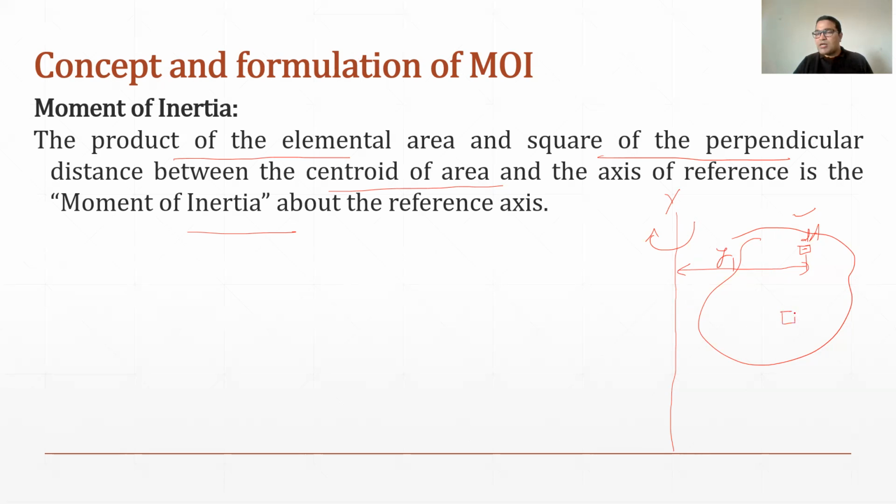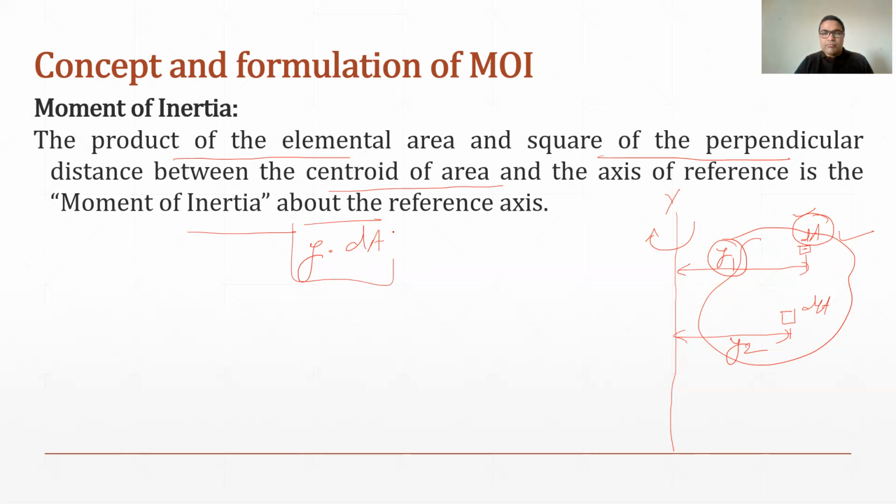Similarly, there may be some other element which will be having a different distance. Say this is y2. This is again a dA. So there can be so many differential areas which can rotate about the axis. So basically, to find the moment of inertia of the whole area, we can write the relation. If I multiply this area with y, that is y into dA,